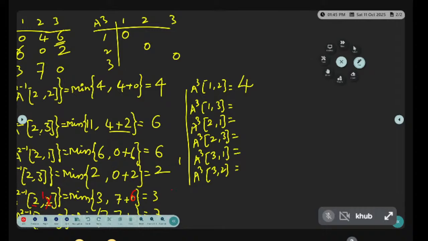Which is minimum? 4 is the minimum. So 3 1 comma 2 to 4. Then